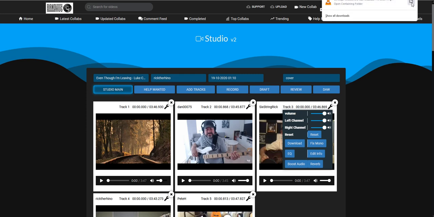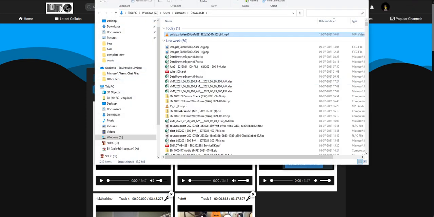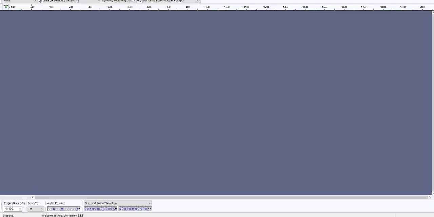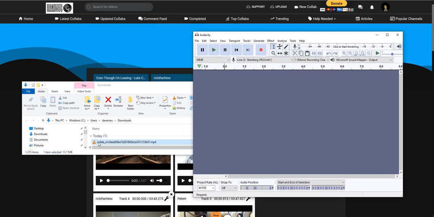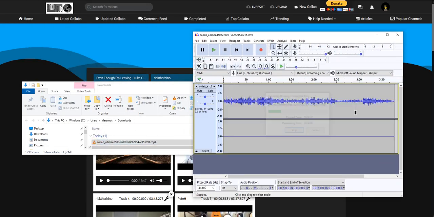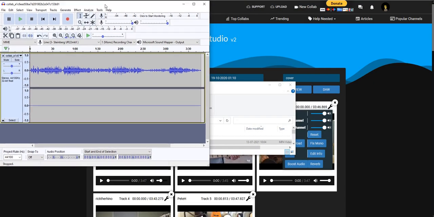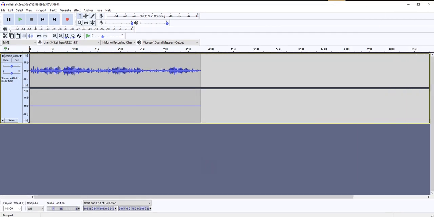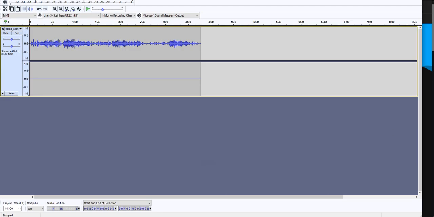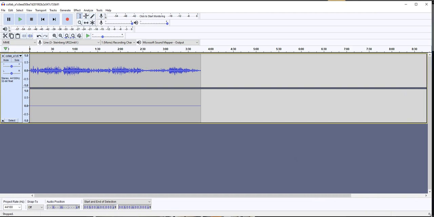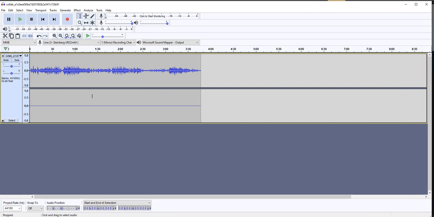And I'm just going to go in here. So that's the file that I just downloaded. I'm going to open it in Audacity. So drag and drop. And here, let me just resize this so you can see it. I need 250 to get to 2. Okay, so here you can see that your guitar track,